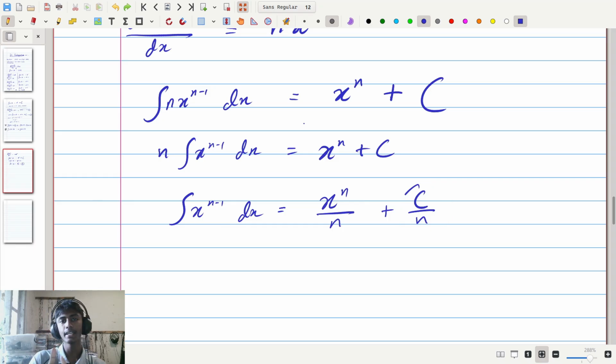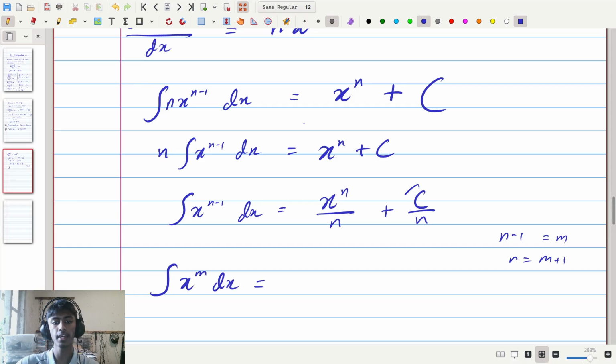However, once again, usually we don't write it in this format. Usually we want just some number on the top here. So let's replace n minus 1 with m. So let's suppose that n minus 1 is equal to m, which would mean that n would be equal to m plus 1. Therefore, what we have is that the integral of x to the power of m taken with